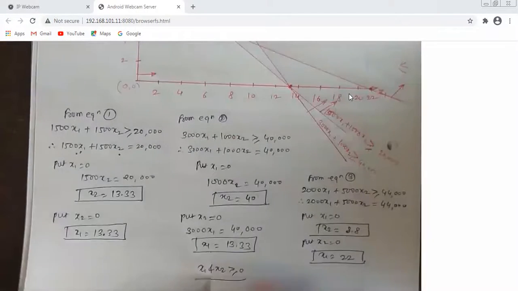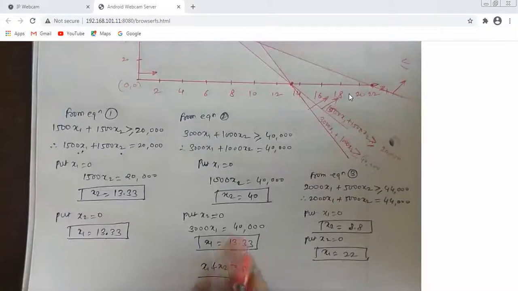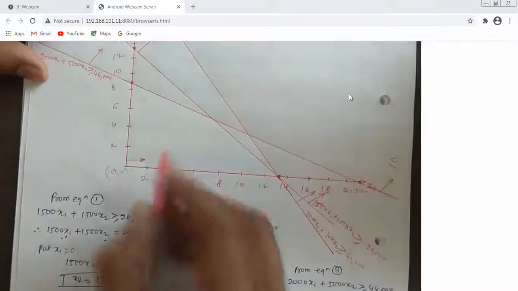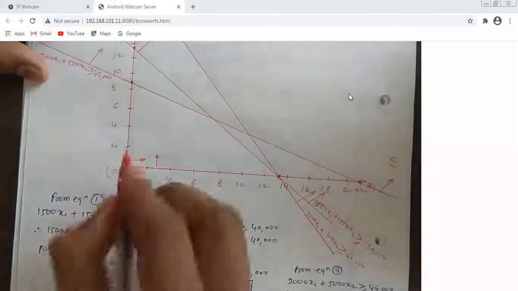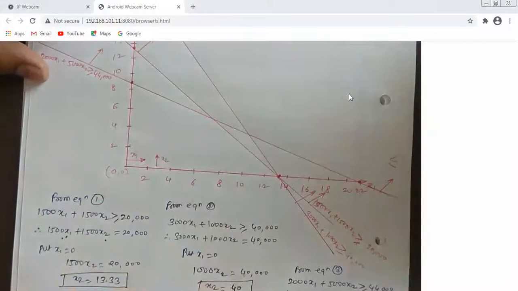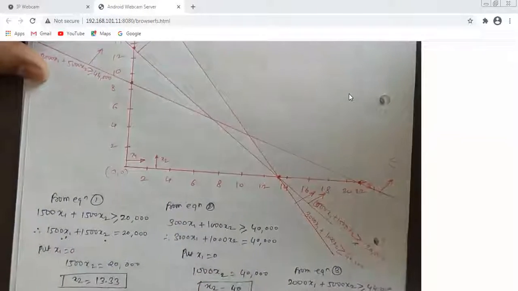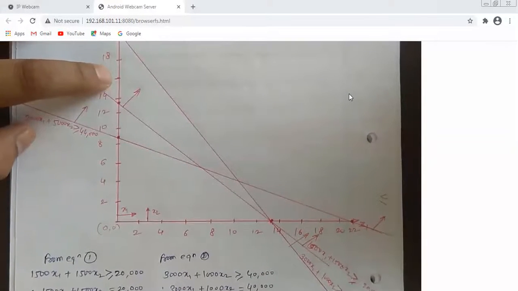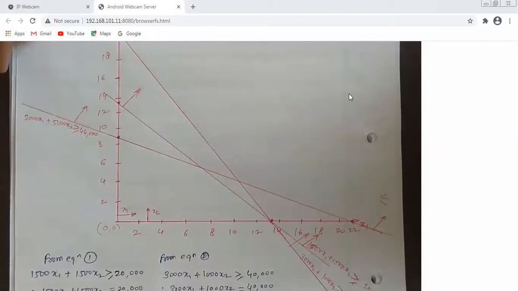सिमिलरली x2 काय म्हणतो आपण? x2 एकतर 0 असेल किंवा 0 पेक्षा जास्त असेल. म्हणजे ह्या डायरेक्शन मध्ये जाईल x2. हा आपला x1 जाईल, हा आपला x2 डायरेक्शन जाईल. आता आपल्याला काय करायचं? आपण जेवढे लाईन ड्रॉ केले किंवा जेवढे कन्स्ट्रेंट्स ह्या ग्राफ वरती प्लॉट केले त्याचा कॉमन एरिया फाइंड आउट करायचा. Now which one is the common area?